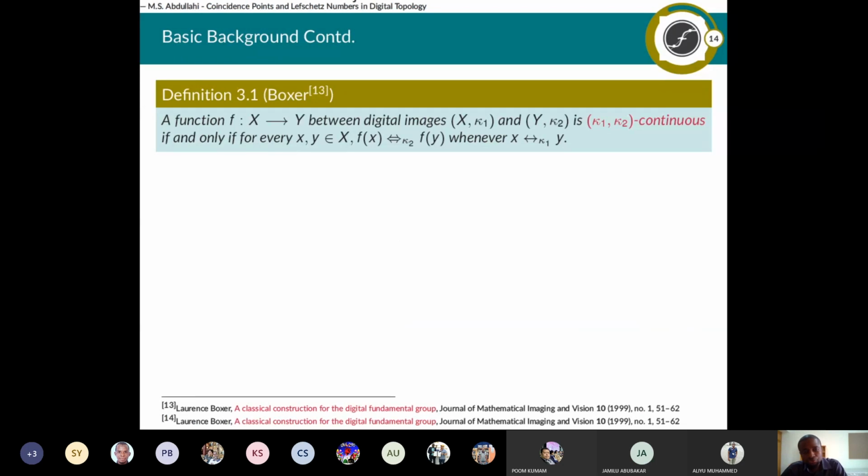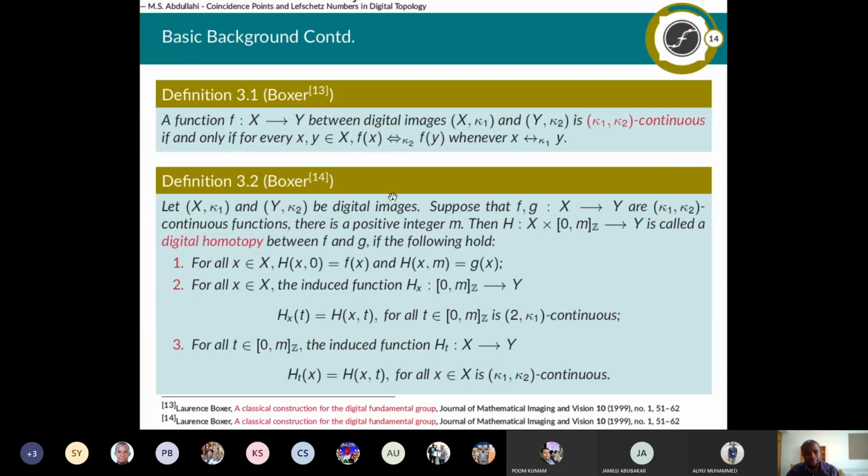So I would like to share with you the digital concept of continuity, which is almost similar to the classical concept of continuity, but in this case, the aim of our continuous function is just to preserve the connectivity between the digital images X and Y. What I mean by this is, for any two points that are close enough in X, their images would be close enough in Y. And also in 1999, Boxer introduced this definition of homotopy,